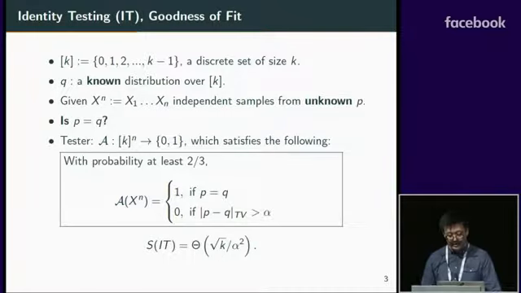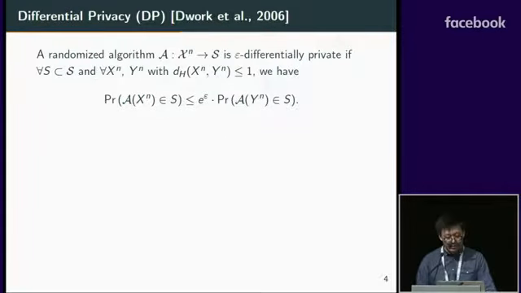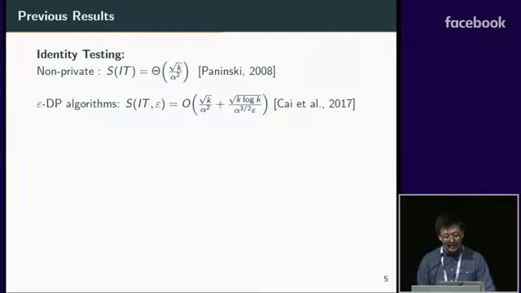Without privacy constraints, this is known to be root k over alpha squared, and there are various works obtaining this. And to impose privacy constraints, we use the notion of differential privacy, which is arguably the most popular notion currently. What it requires, roughly speaking, is that if the input data set only changed by 1 data point, then the output probability of any subset in the output domain shouldn't increase by a factor of e to the epsilon. Okay? Before us, there are some works considering this problem. More specifically, Tsai et al. proposed an algorithm which gives the following upper bound.